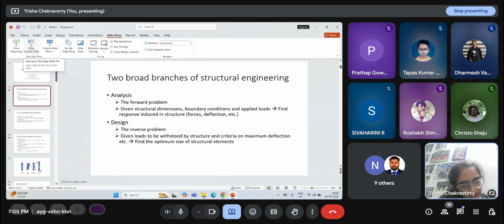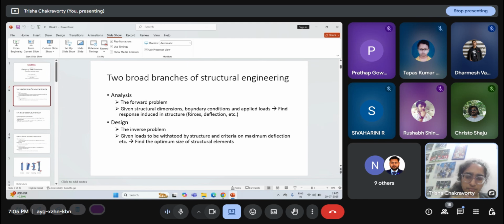And how am I going to do that? For that I need an analysis first. So I have the load, I have the wind. Suppose I'm designing it against the wind load. So I have the wind load that is coming on my beam or my column, and I'm going to use analysis. First I'm going to assume a certain dimension, because I cannot do analysis unless I have the dimensions and the materials.